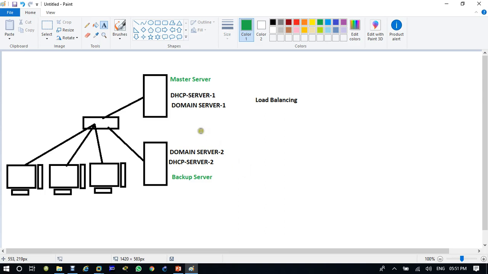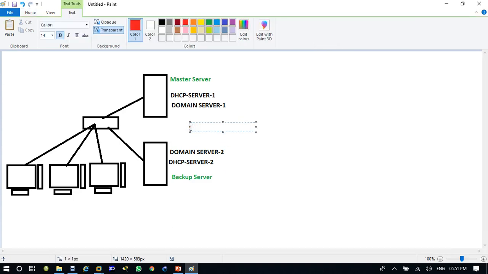So this is DHCP 1 and DHCP 2. If DHCP 1 fails, DHCP 2 will take its position and start providing IP addresses in the network. This is not load balancing, this is a type of failover. So we are working on DHCP failover.